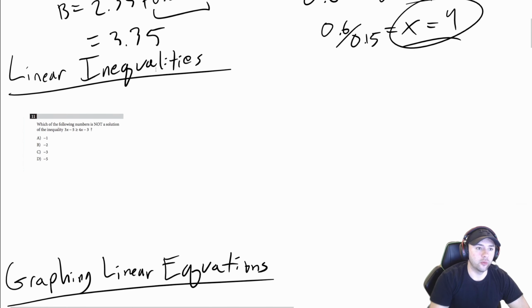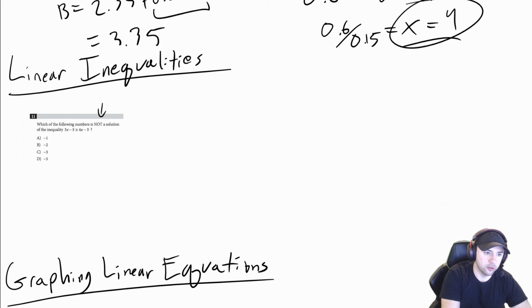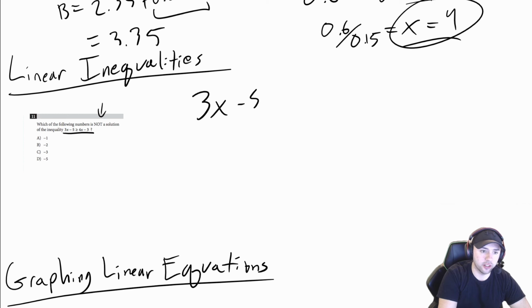Okay, moving along, we have linear inequalities. So here we have, which of the following numbers is not a solution to the inequality 3x minus 5 is greater than or equal to 4x minus 3? Now, some of you may be tempted to just plug in each of these answer choices, but that's going to be very time consuming. So in order to solve this inequality, we're going to take 3x minus 5 is greater